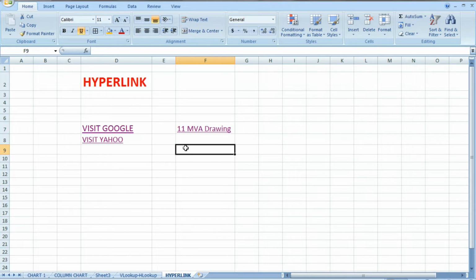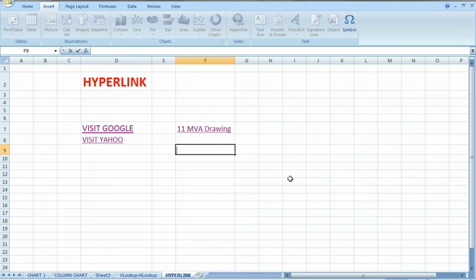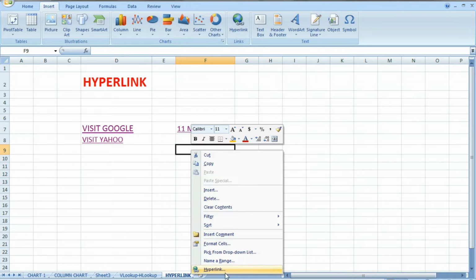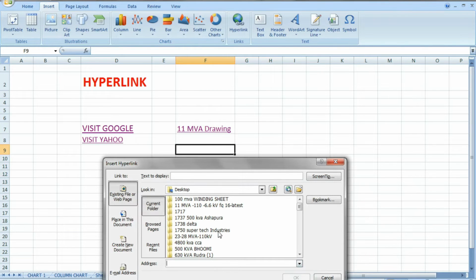Now you want to go to a place in this file only, but in a different Excel sheet. Okay, so how can you do that? Suppose here I created one hyperlink. We create insert hyperlink, and place in this document.